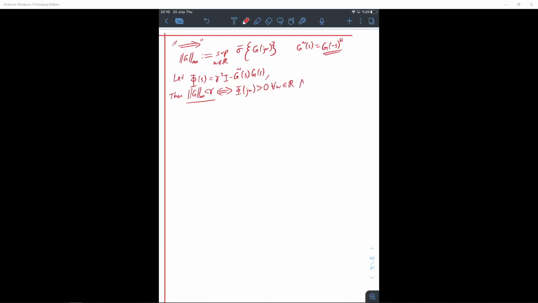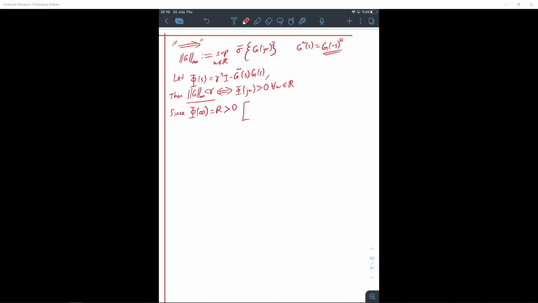And this comes directly from the definition of H infinite norm. And also, since phi of infinity equals r, and it is positive definite,